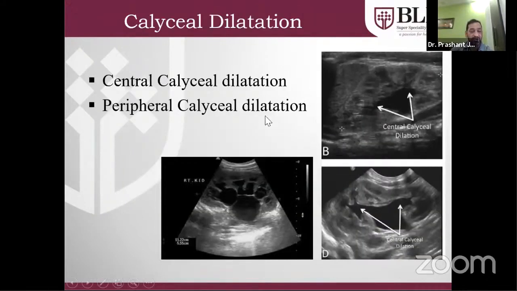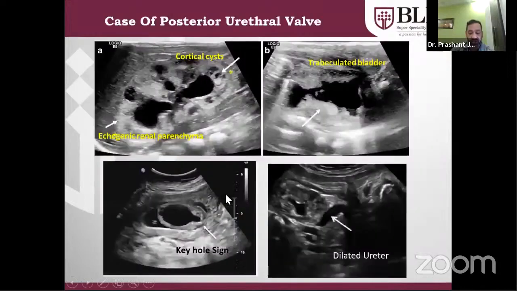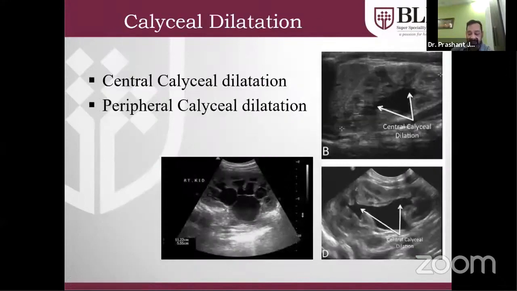Now, as I have said, a lot of emphasis has now been given to the calyceal dilatation. So in this picture, you can see that this is the pelvis, this is the dilatation of the central calyces, and then further, these are the dilatation of the minor calyces, which you can make out on the ultrasound scan. So dilatation of the minor calyces again suggests the severity of the obstruction.